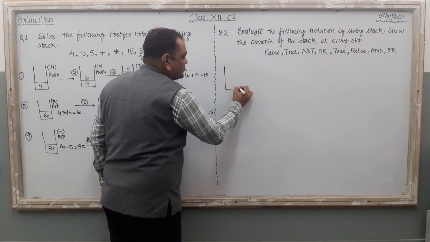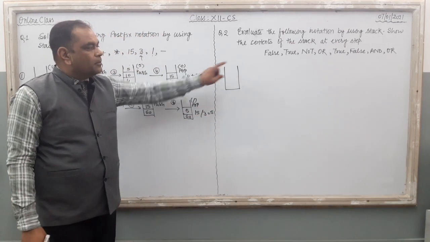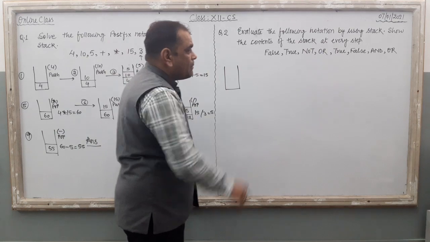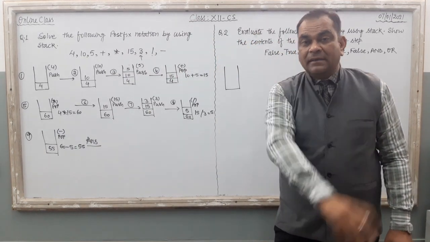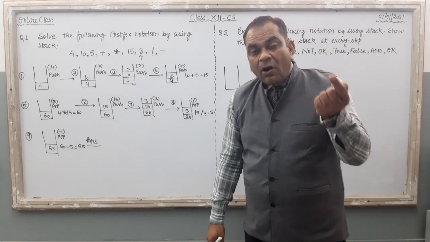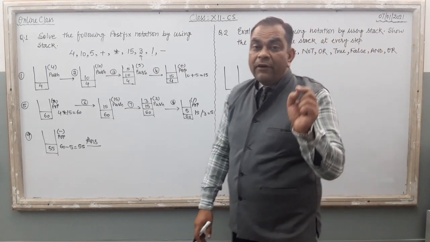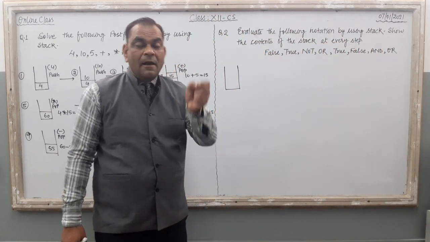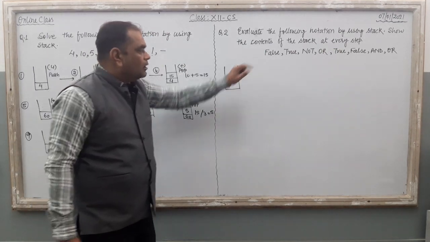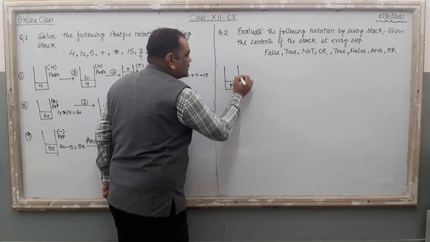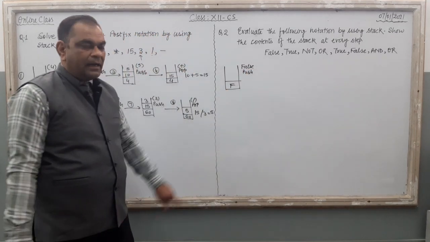Our first step is just to create the stack like this one. It is locked from the bottom, open from the top surface, right? So in this type of equation, true and false are under the category of operands, right? And, or, not, these are the operators. So the basic idea is we have to conduct the push operation on the operand, pop operation on the operator. So here false. I just use push because it is an operand. It is my first step.